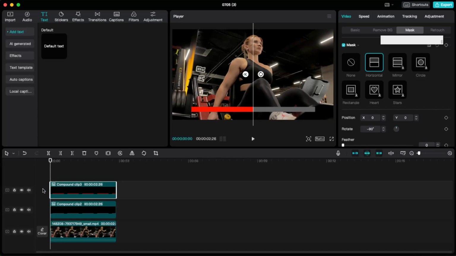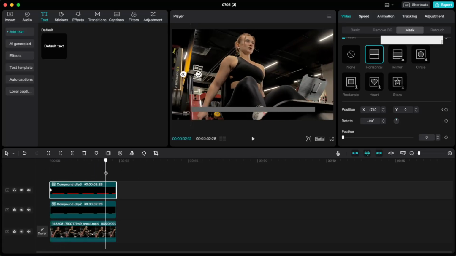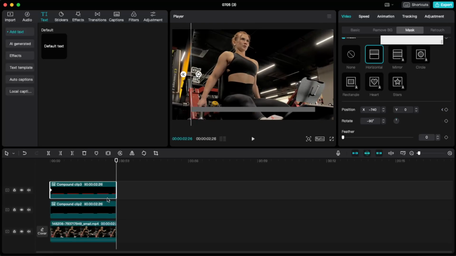Let's go ahead and toggle this at the start. And now drag this one till the very, very start of this. Now you want to go ahead and add a keyframe on the position option. Add a keyframe. Now drag this one till the end of the video, and this one also till the end